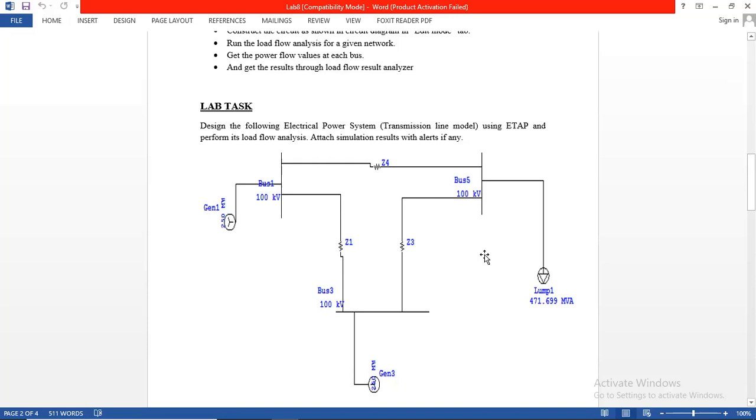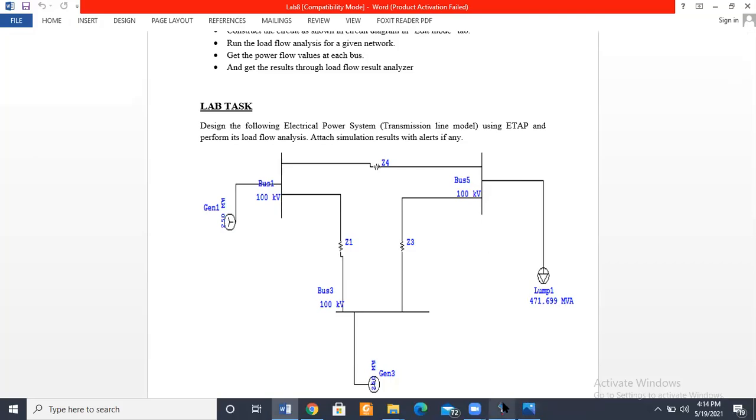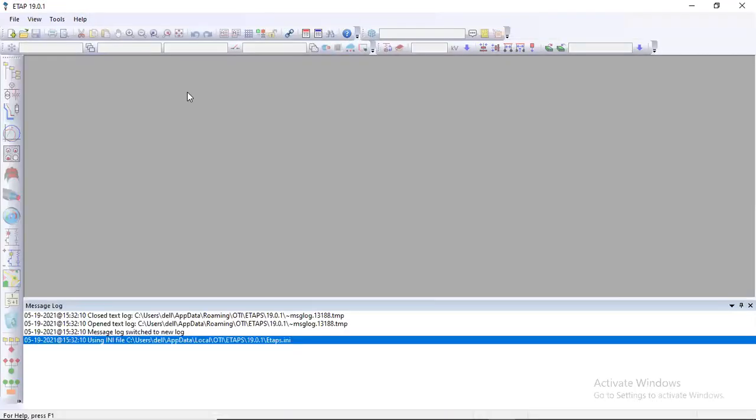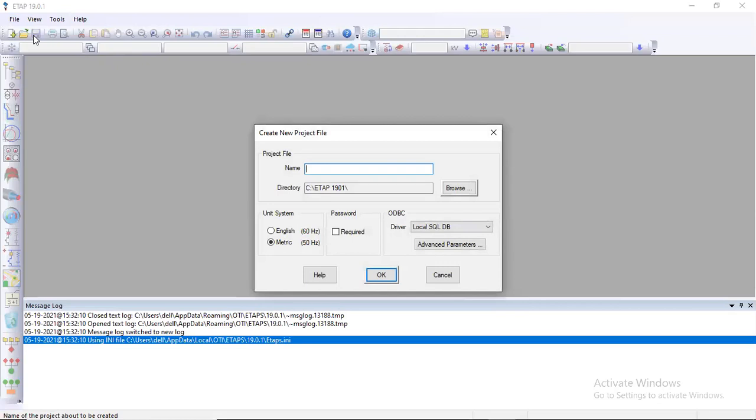So we are going to design and simulate the model on ETAP software, in which you will see the further steps. I already installed ETAP version 19, and I also shared with you guys how we can install this software. So moving towards designing and creating a new project, the file name should be